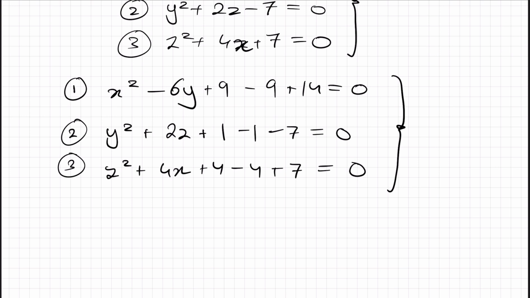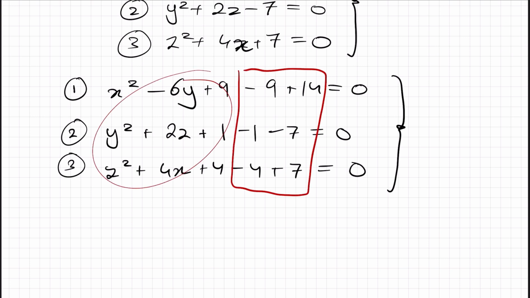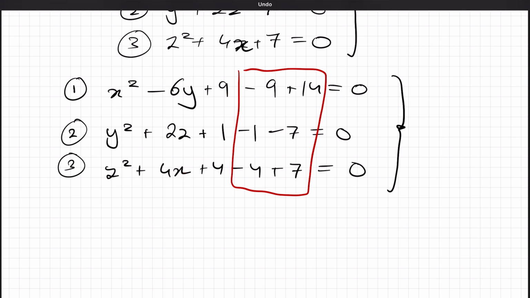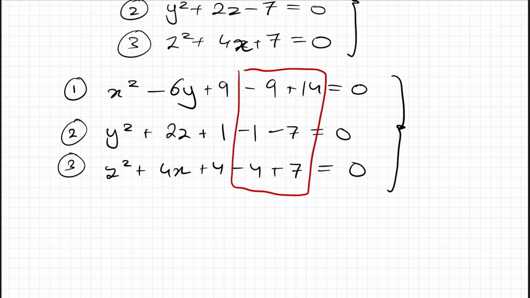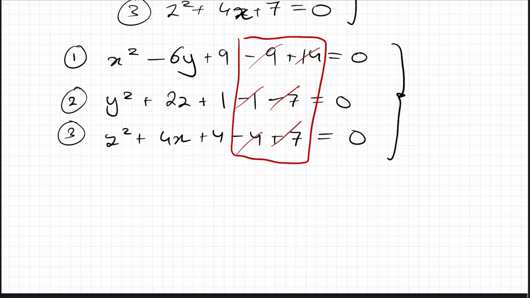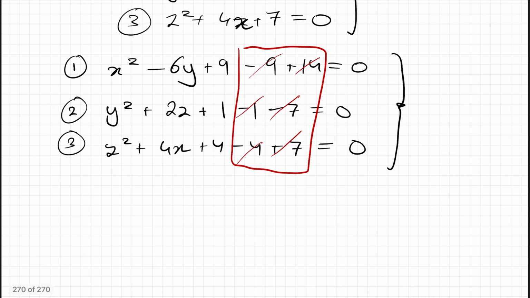So what you'll notice now is if we just look at the constant terms, they actually all cancel out. And sorry, not all of them, but if we ignore the ones on this side, and just look at the ones over here, because the ones over here are going to get converted into perfect squares. So you'll see all of these cancel out. We get a minus 9. Yeah, so these 7s cancel out. This is a minus 14 over here, and then we have a plus 14 over there. So they all cancel out. And when we add together all these equations,